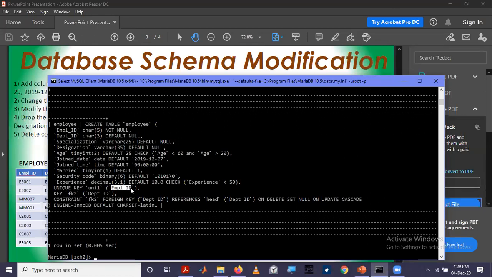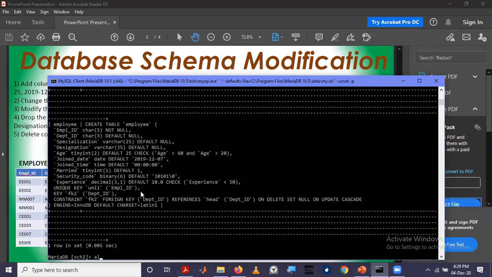So a super key can also be declared as a primary key because a super key has distinct tuples for each and every row. There are distinct entries. So a super key is formed by combining a key with another attribute. As the key is unique, the super key will also have unique values for each and every tuple of the table. So we are going to form a super key and form a primary key.